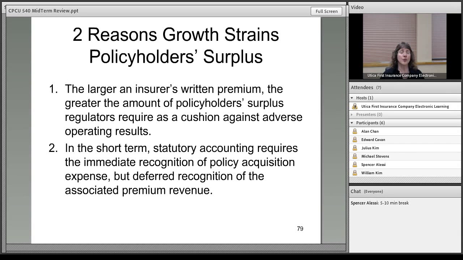And there are two reasons why the faster a company grows, the more of a drain goes on policyholder surplus. The more written premium I have, the more policyholder surplus I'm required to set aside as a cushion against adverse operating results, or in other words, losses. And remember that new business typically generates a higher loss ratio, so you would need that extra money in there to cover that. And in the short term, statutory accounting requires the immediate recognition of policy acquisition expense, but defers the recognition of the premium. In other words, you only can state the premium as it's